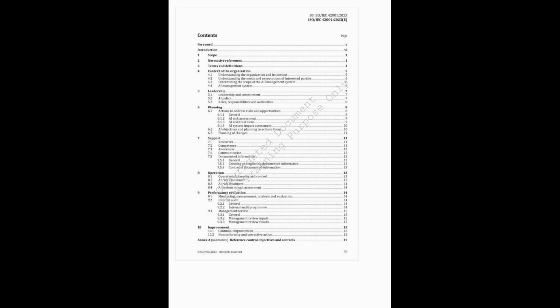Makes sense. But it's not just about collecting data, is it? We need to actually make sense of it all. You got it. Clause 9.1 is very clear. You have to analyze and evaluate those results. So what do those numbers actually mean? Are you seeing positive trends? Are things slipping? Where are the red flags? That's where you gain real insights. It's about using that information to truly understand how well your AI management system is performing, right?